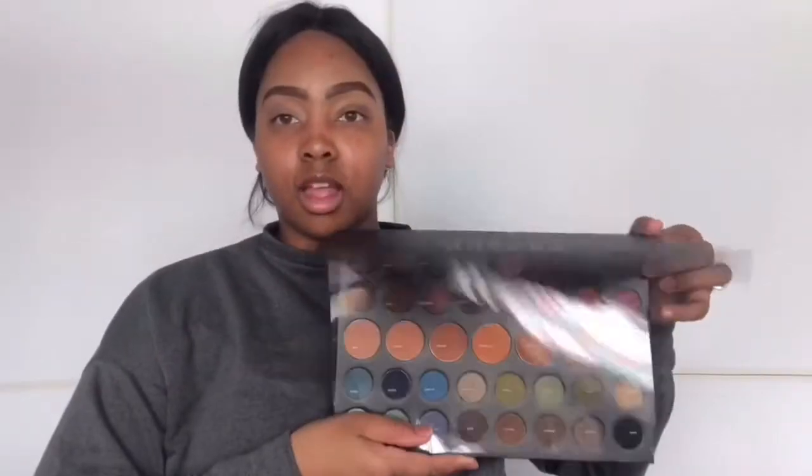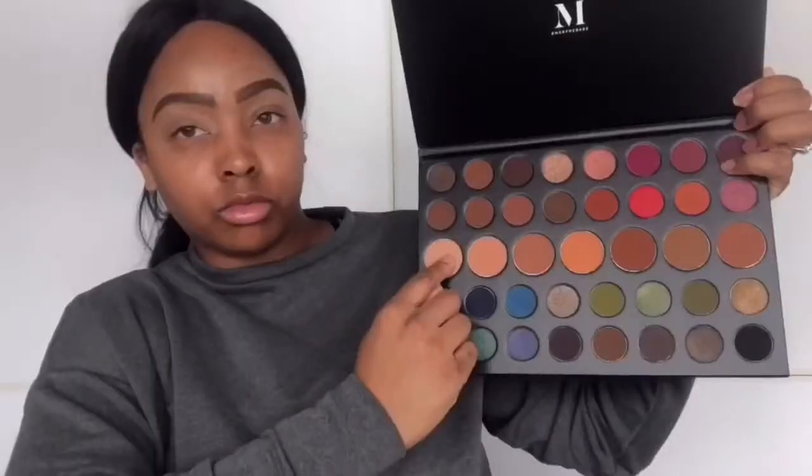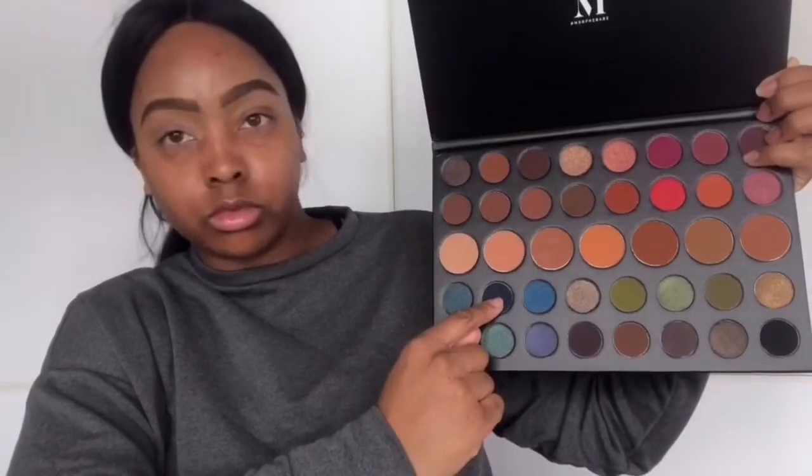Starting out, I primed my eyes. You always need a good base to make the colors show, to make them pop and have the pigment show true to color. Clearly, I was excited about those brows and that eyelid. This is a new Morphe palette I opened up today. I'll list it in the comment box below, but these are the colors we did